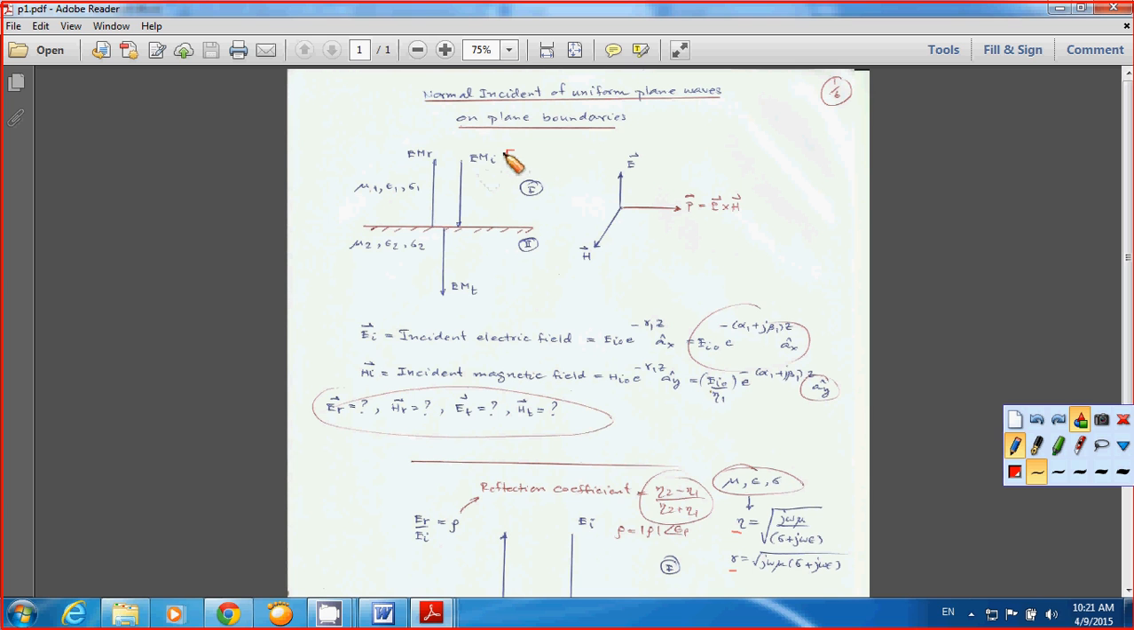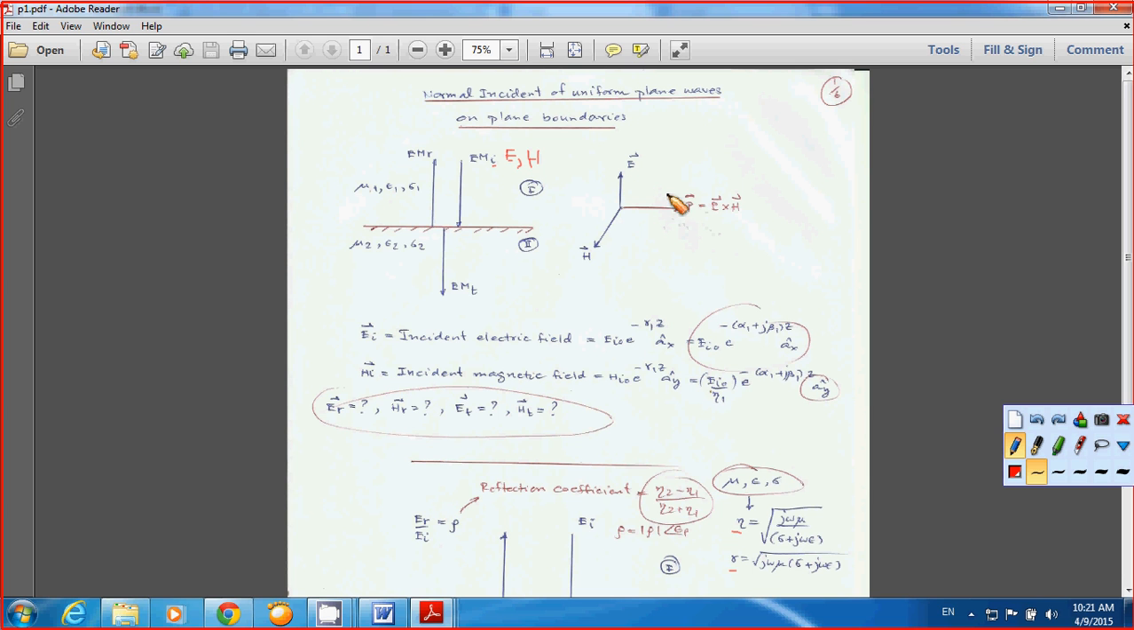You have our electric field, right? And also you have our magnetic field, and this one is represented by I. So we're going to write equations for the reflected electromagnetic field, and also the transmitted electromagnetic field or electromagnetic waves. Alright, let's start with assigning the